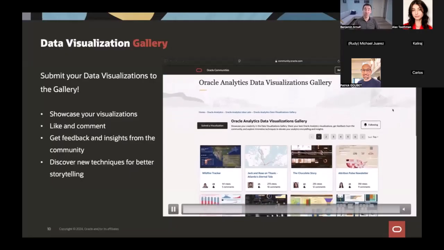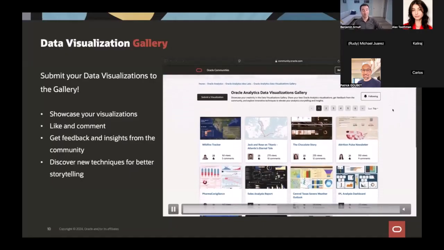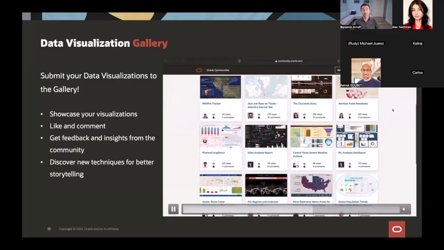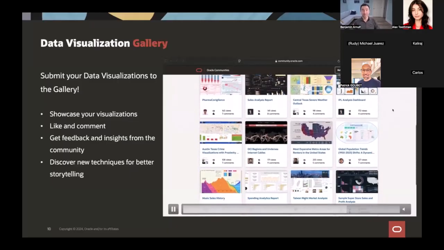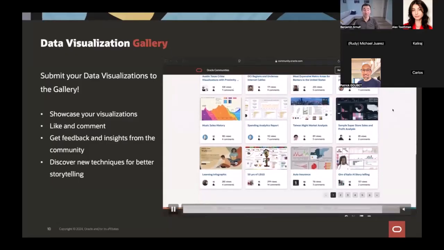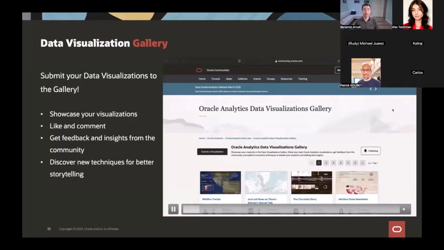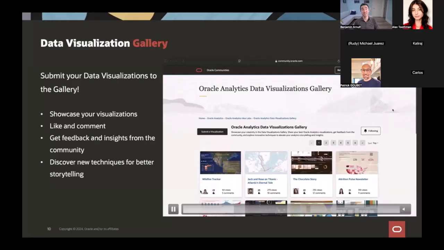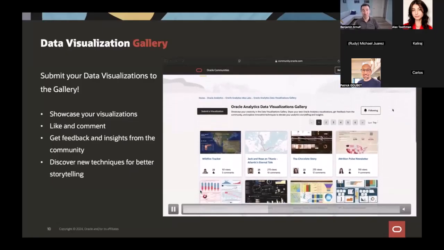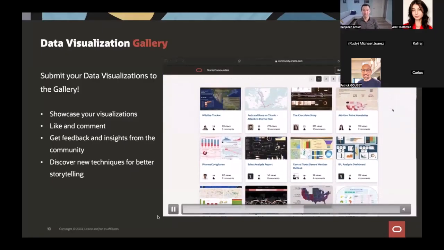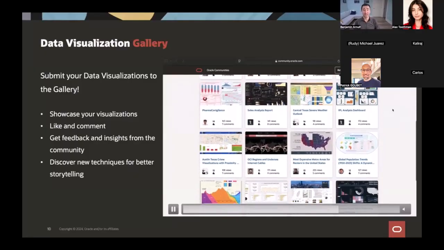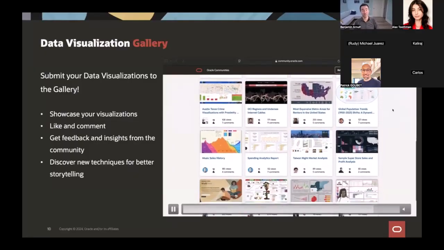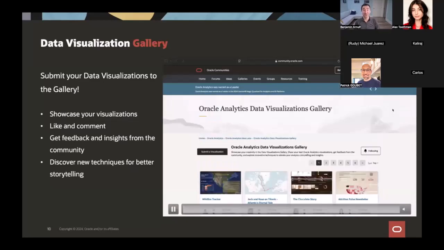So now when you go to the community website, and Alex will put the link in the chat, you are able to go to the data visualization gallery. Every day, someone is posting a new data visualization in the gallery. You can vote for it. We are going to distribute maybe goodies in the future for people that have a lot of votes with their visualization inside the gallery. It was something we wanted to launch for maybe multiple years, and we are really happy today to launch it. So please go visit, vote for the data visualization you like,